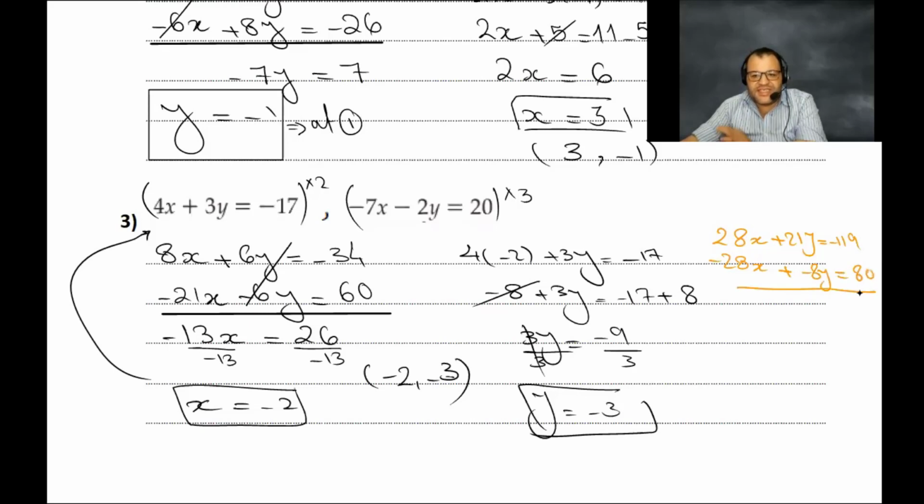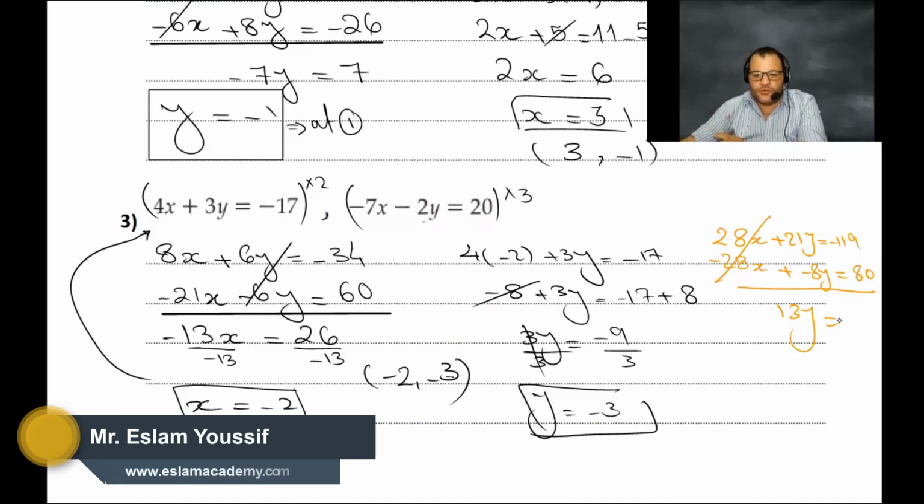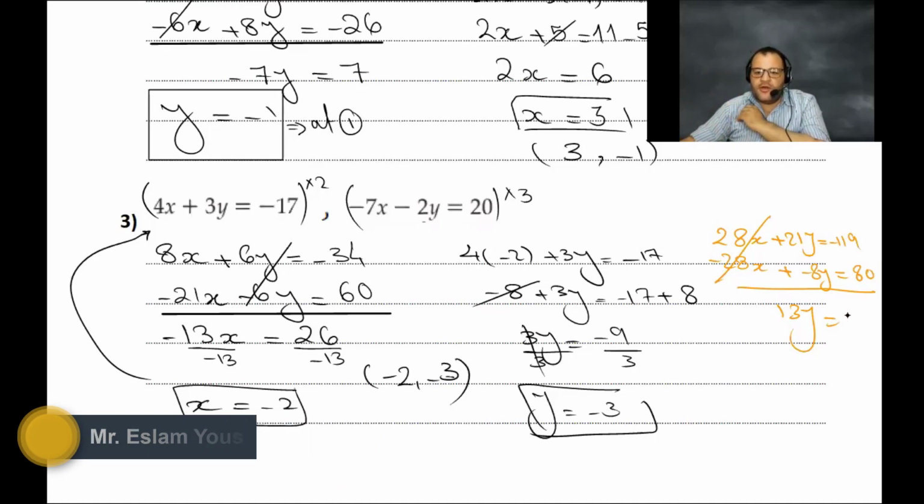Cancel the x terms and you find 13y. And all of you, negative 119 plus 80, without exception, who did it wrong, solved it by